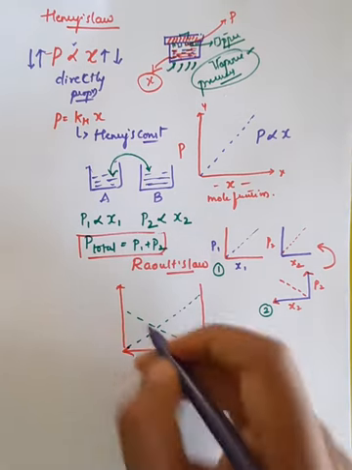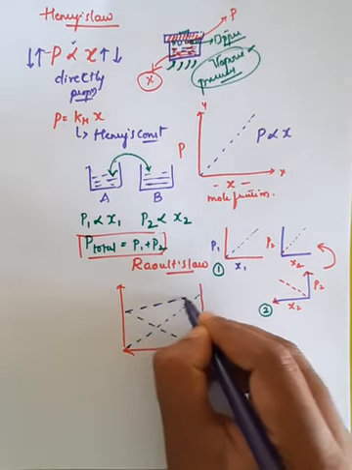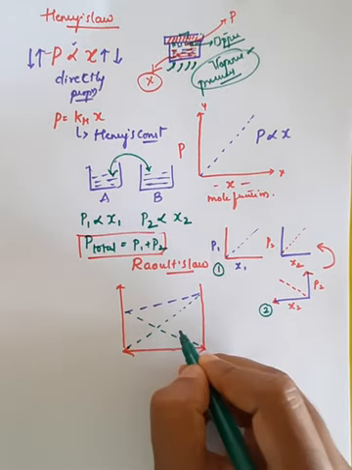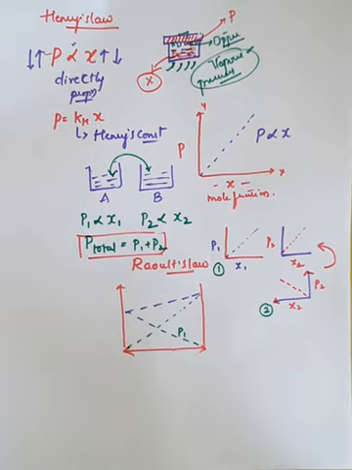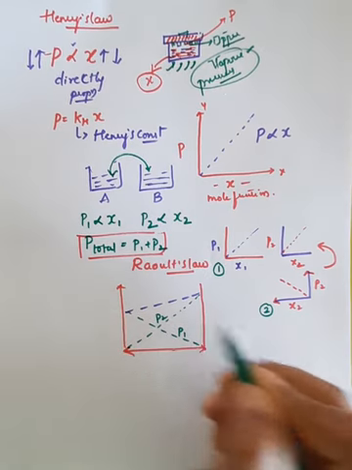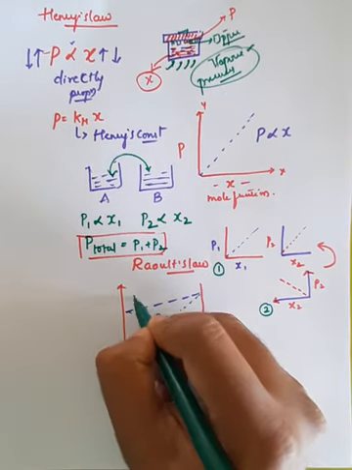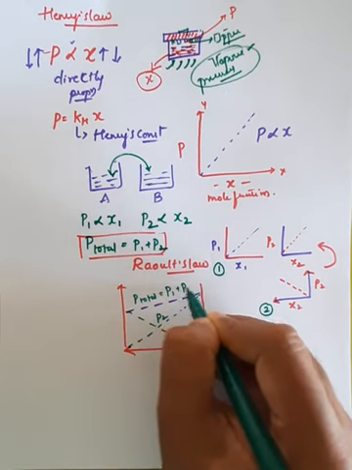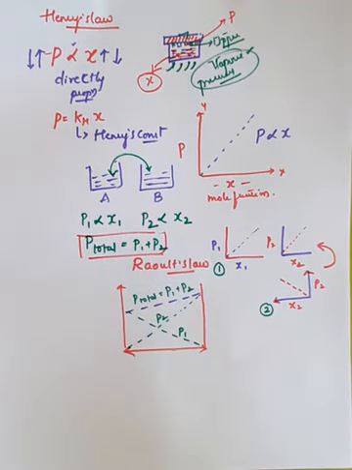So here you can get the resultant value, right? So meeting of two lines, right? So therefore here we can draw, this is for the P1 graph, this is for the P2 graph, right? And this is for the P total graph. So therefore P total is equal to P1 plus P2. This is a very important graphical representation, remember, right?